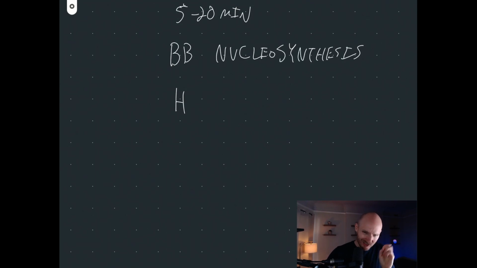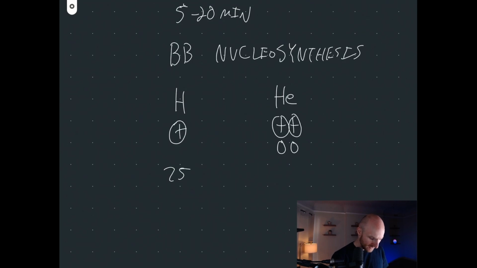Initially we had just a bunch of hydrogen, but then some of that hydrogen turned into helium. Hydrogen is just one proton, while helium is 2 protons and 2 neutrons. At the beginning, this essentially gave us roughly the composition of elements that we see in the world today, which is 75% hydrogen and 25% helium, and then 1% the rest of the elements all combined. And so this Big Bang nucleosynthesis happened.